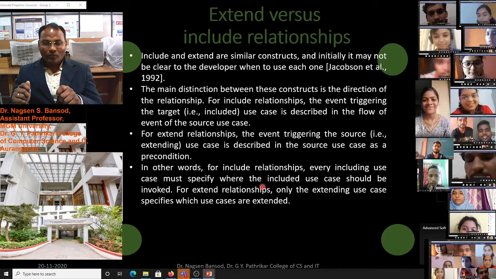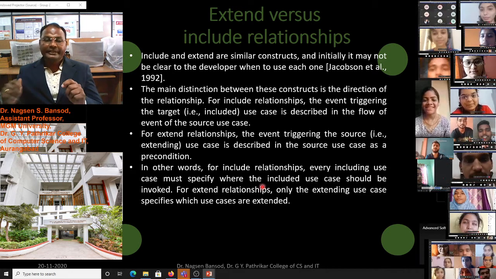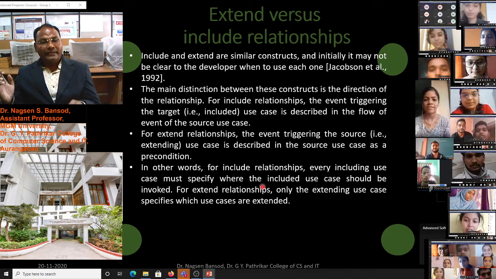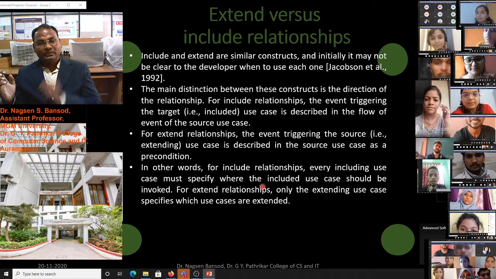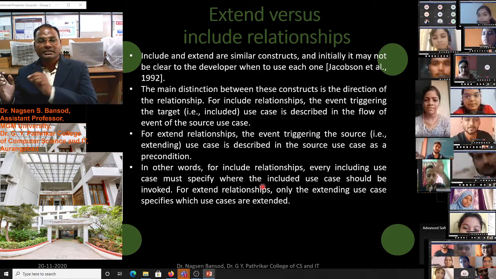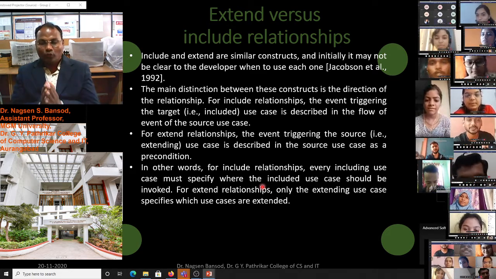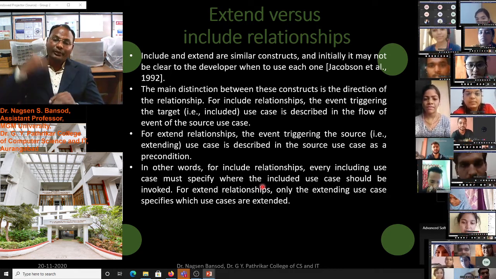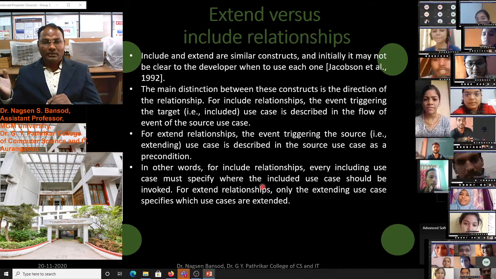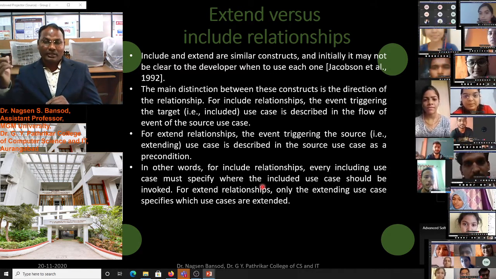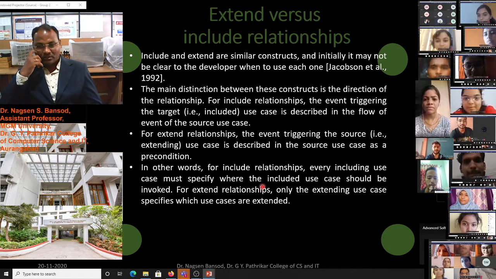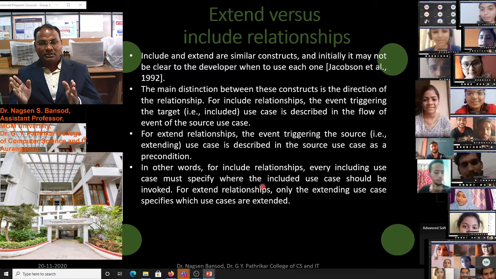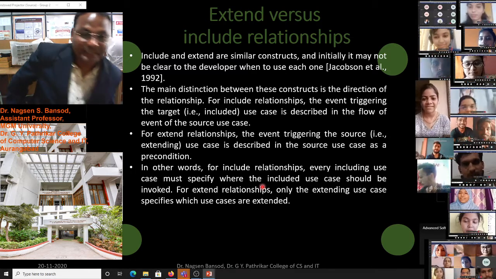So if there is a facility in the other bank to accept online money, then and only then their money will be accepted, and that is the extended use case. This is not included in our bank software, because our software is connecting to another software, another system, and that depends on the options. If there are optional things, then we say that is the extend relationship.